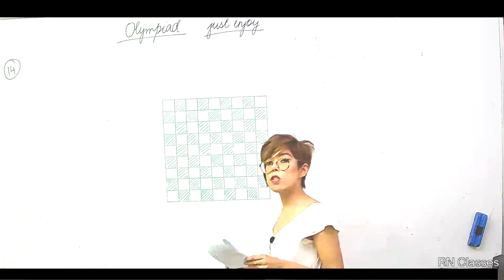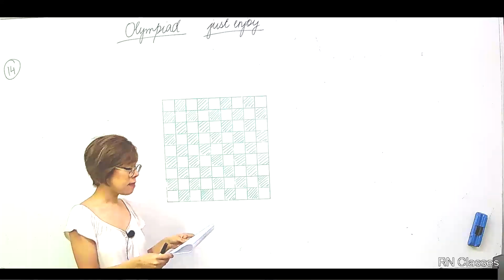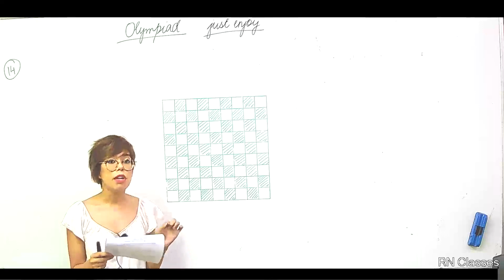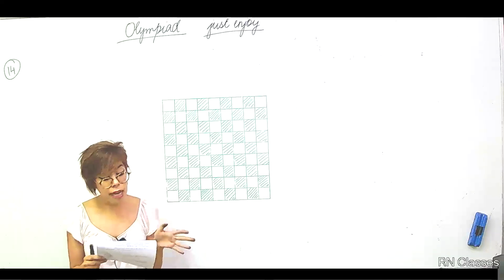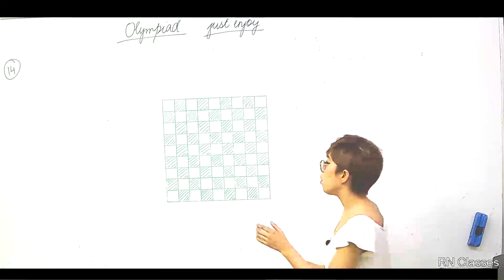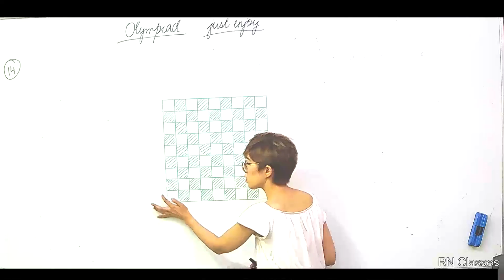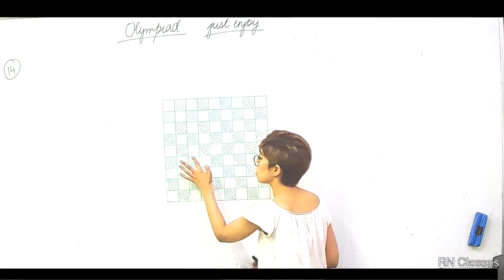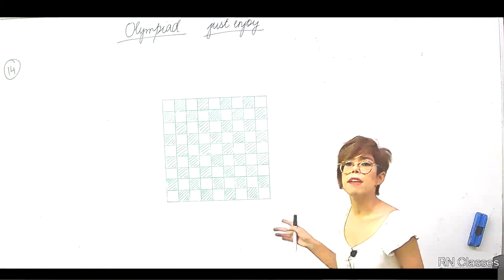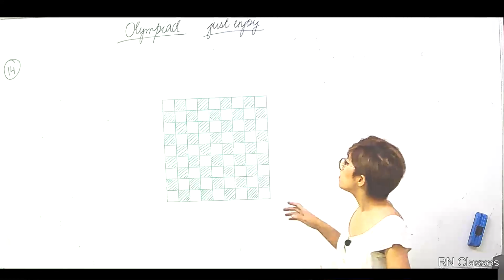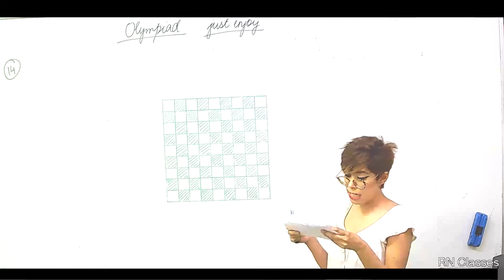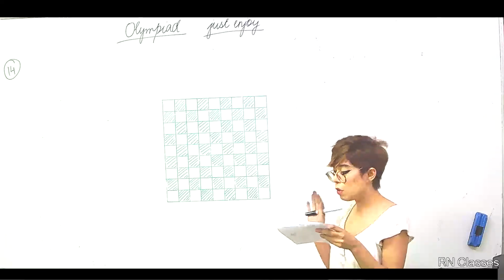Alright, so now we will discuss question number 14. He says, in the given figure, count the number of ways of choosing 40 unit squares such that none of them share a common side. Unit squares: obviously this is 1 unit, a unit square would be this, this, this. In all, how many unit squares are there? 81, 9 into 9. And obviously some are shaded and some are white. And he says, count the number of ways of choosing 40 unit squares.